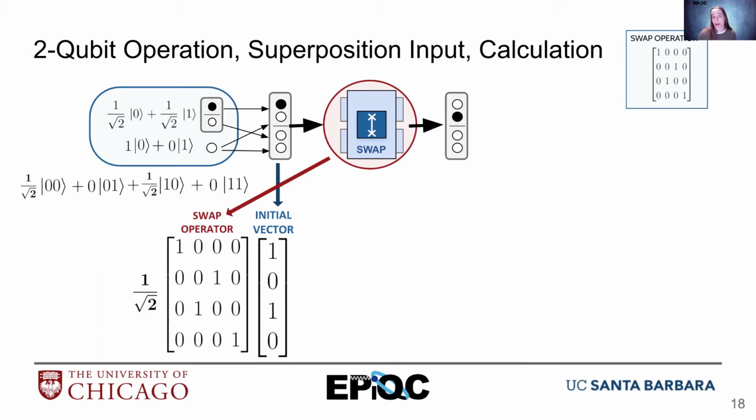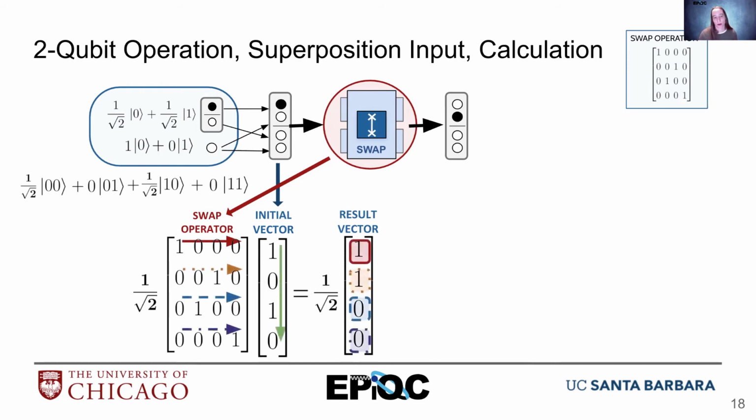We've already seen how to do calculations. And it's no different when I have a superposition from when I don't, except that now I have a vector with 2 1s in it. So I can't do my little shortcut that I did before looking for the same pattern. So here I can see that when I do the red and the green, I get a 1 because the first term was the same. And then I can see that in the orange row, the third terms are both 1. And so I have a 1 there as well. But in the blue and the purple rows, the ones are in positions that have zeros in the initial vector, and so those are zeros. So we have our 1, 1, 0, 0, and I have my 1 over root 2 before the vector to indicate that each of those terms is multiplied by 1 over root 2.